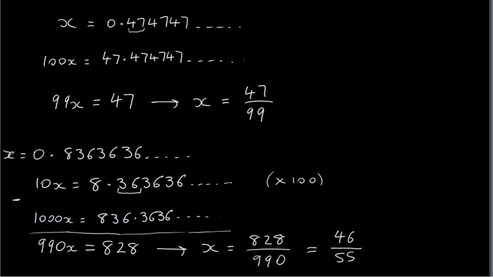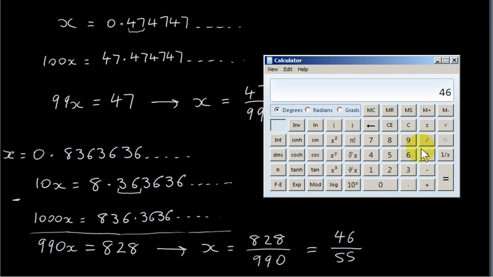Of course, if we want to check this, you can go to your calculator, take 46, divide by 55, and we can check to get 0.8363, sorry, 0.83